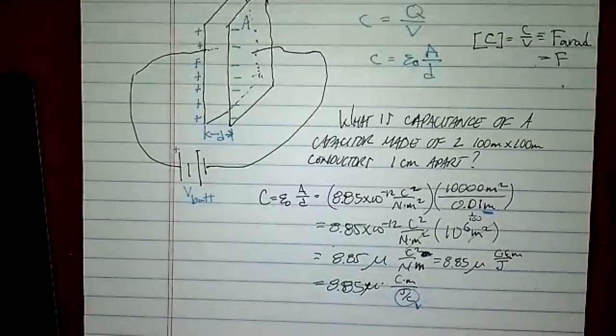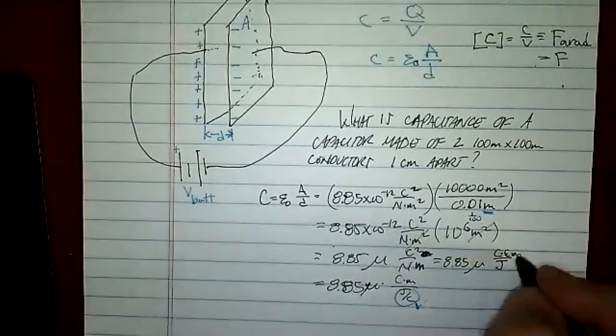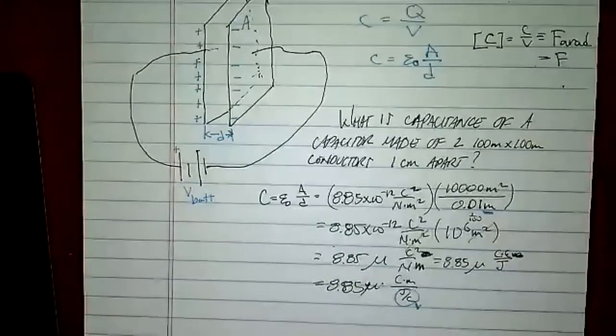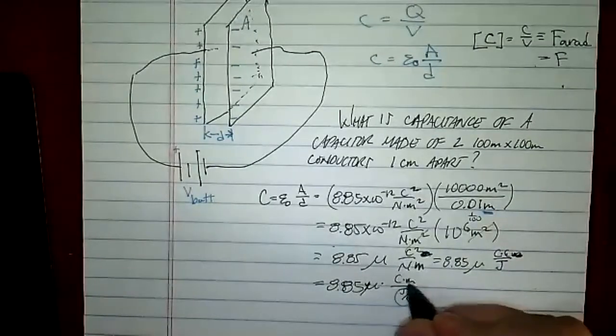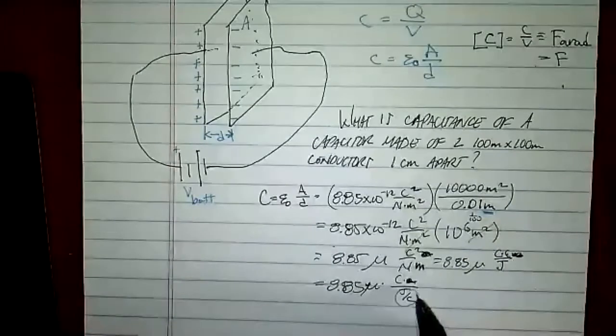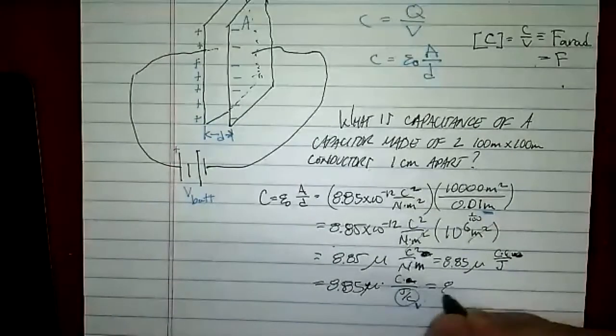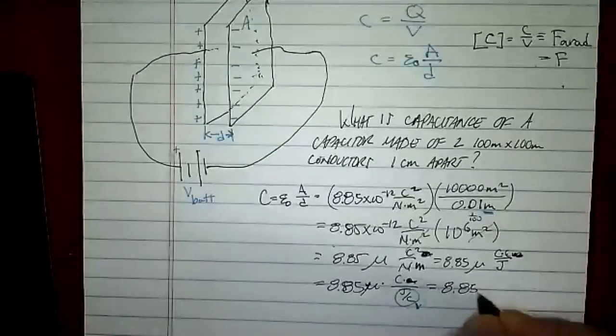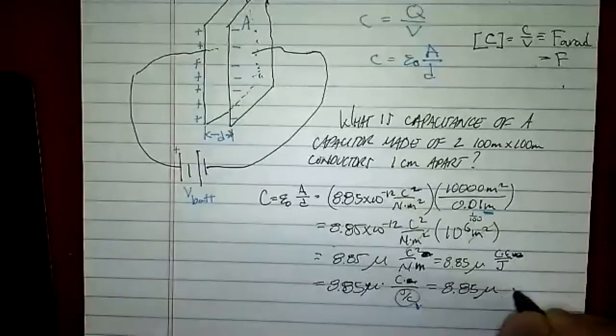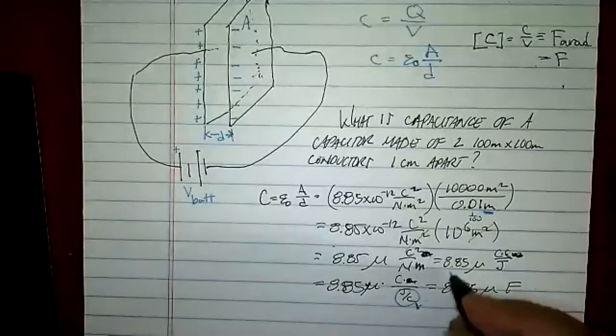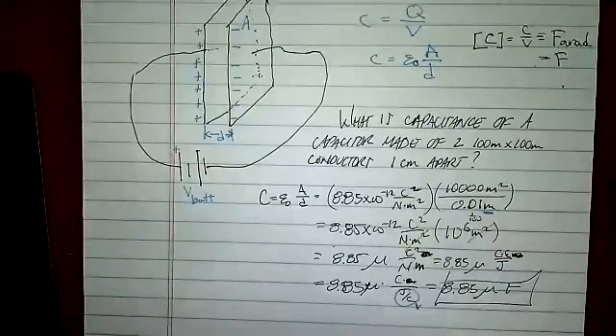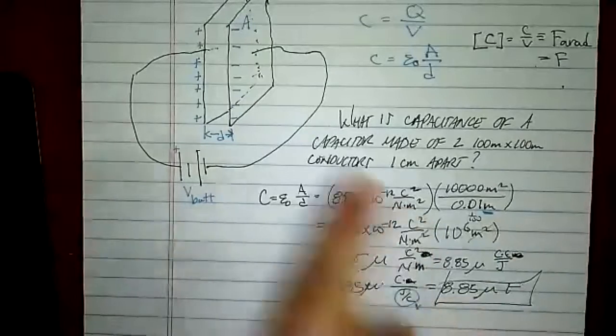So that was the unit I had originally, a Coulomb times a Coulomb. And this meter, of course, is gone right here. So I now have a volt in the bottom and a Coulomb on the top. So it's equal to 8.85 microfarads. Sorry about that error with the units, but I think you see, as big as that thing is, now